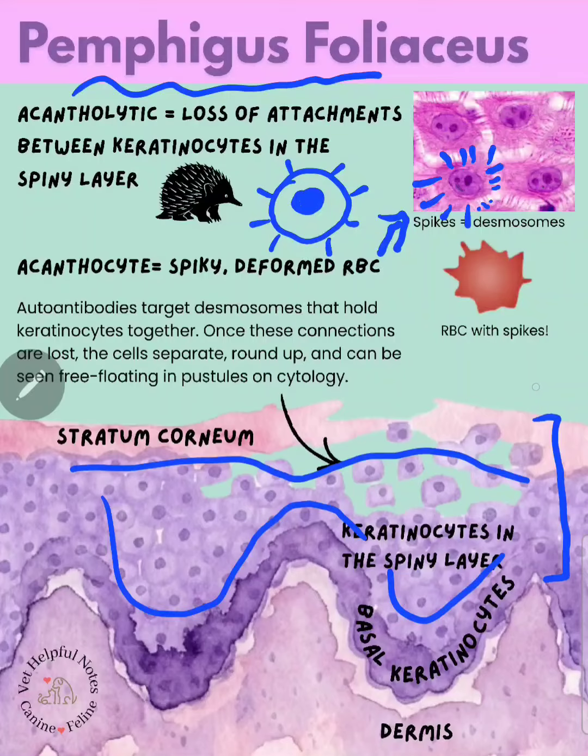So when we're talking about acantholytic cells, I will admit that I often mistake or use the wrong terms. I'll mix up acantholytic keratinocytes and accidentally call them acanthocytes, but these are actually two different things. Acantho is coming from the Greek root word for spine, and you can see that an acanthocyte, which is this spiky little red blood cell, has the name because it also has spines on the outer membrane of